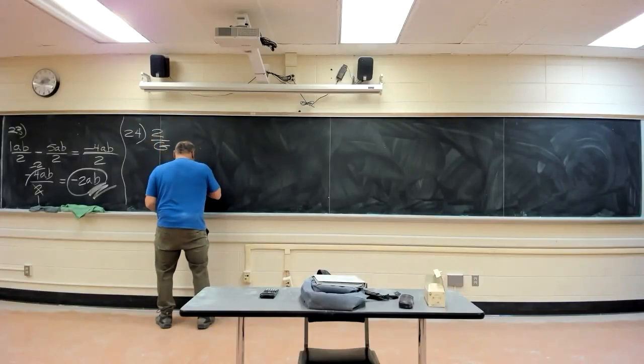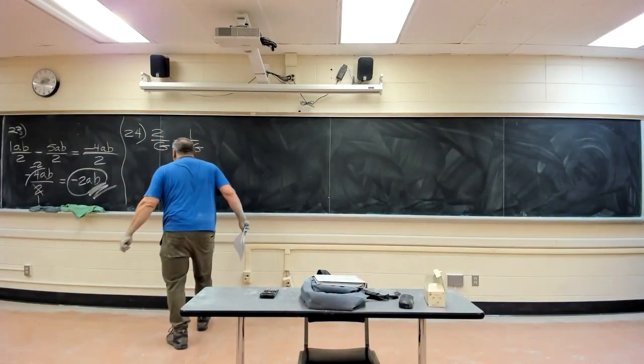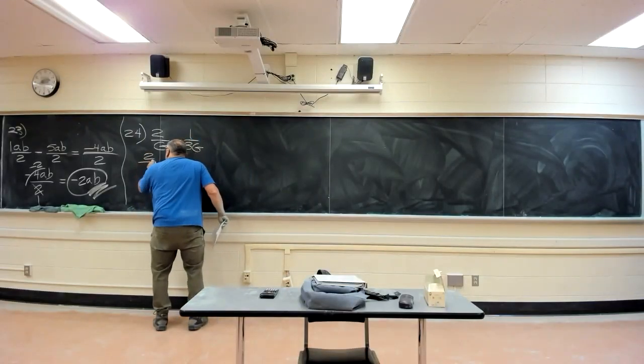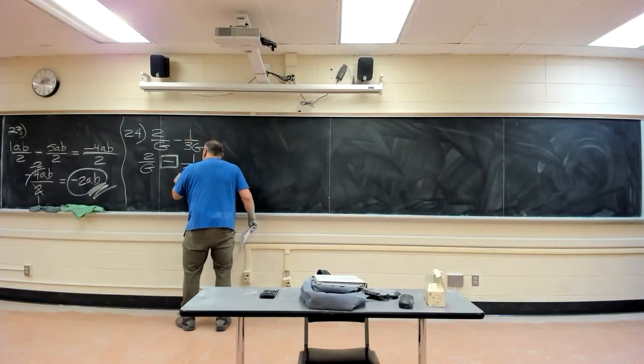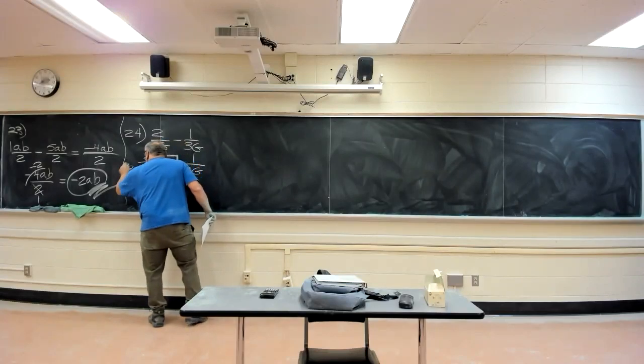2 over g minus 1 over 3g. Well, I'm close to getting a common denominator. Tell you what I'm going to do. I'm going to take the 2 over g, this minus, I'm not going to go for it yet. I got 3g here on the bottom. How do you get 3g right here? Multiply by 3. Yeah, I know, but I don't want to change it, so I'll use a special one called